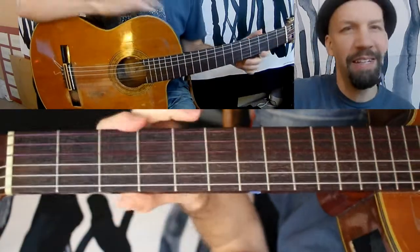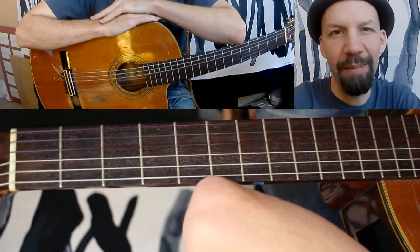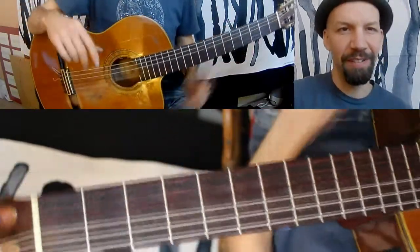Today I wanted to talk about one of the more common chord progressions out there, C, A minor, F, and G. And some other ways you can play it, just a few other chord ideas. You've heard this progression all the time. I mean, things like